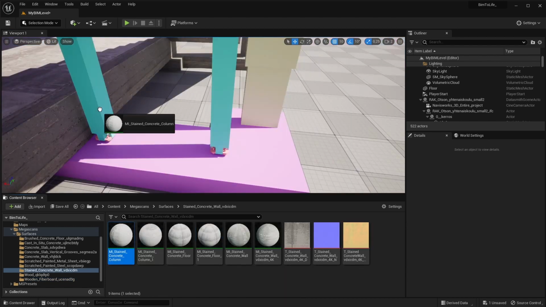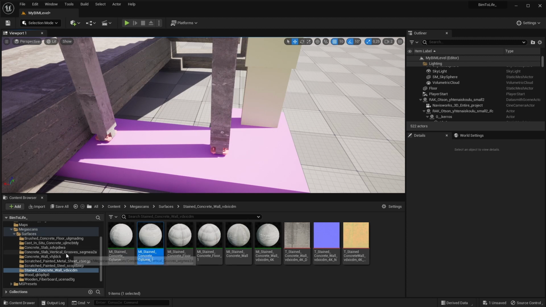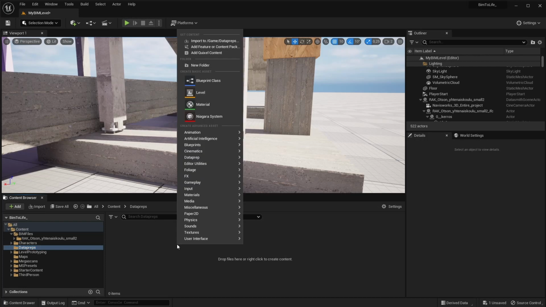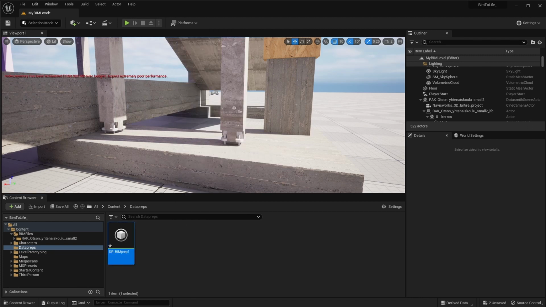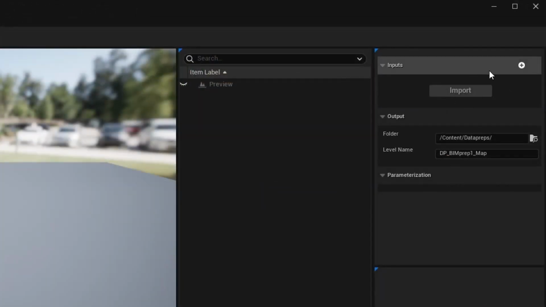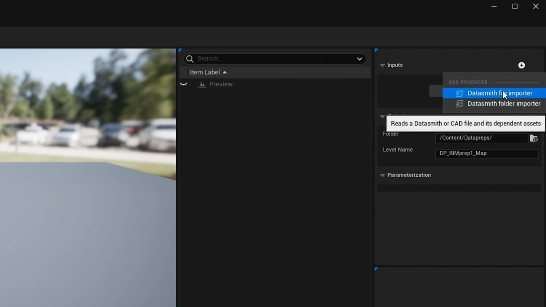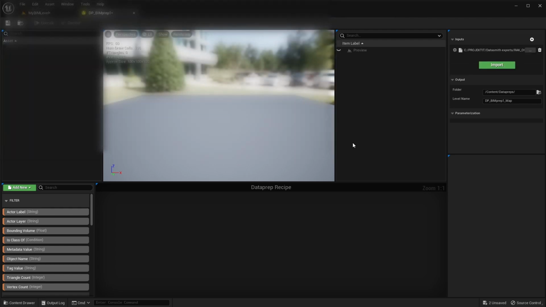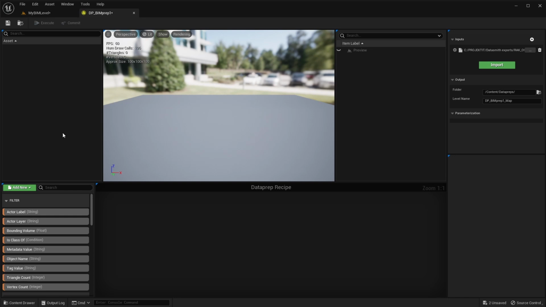Adding materials and colliders manually is quite a slow and boring task, but luckily there is an automation tool inside Unreal Engine. It's called Data Prep Asset. Let's see how it works. I will first create a new Data Prep asset from the content browser and open it. First I select my BIM file, my Datasmith file, by adding a producer and selecting Datasmith file importer. After that I will browse to my file, select my Datasmith file, and open it. After that I will click the import button,